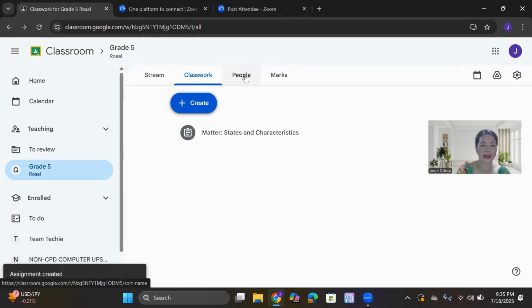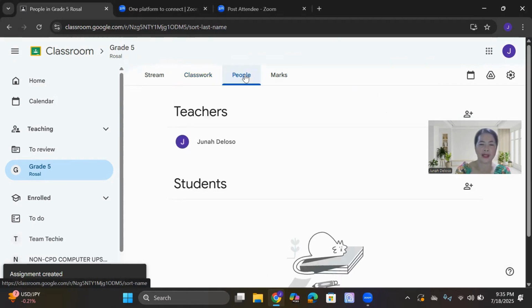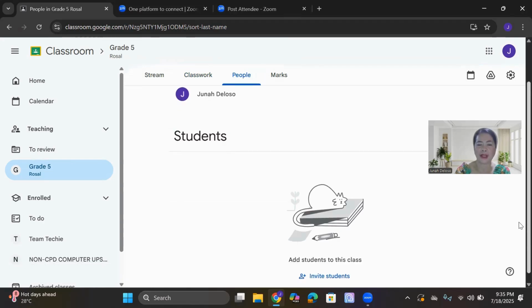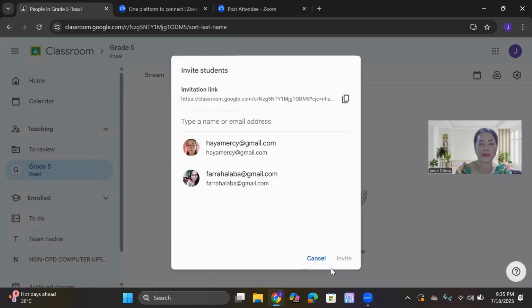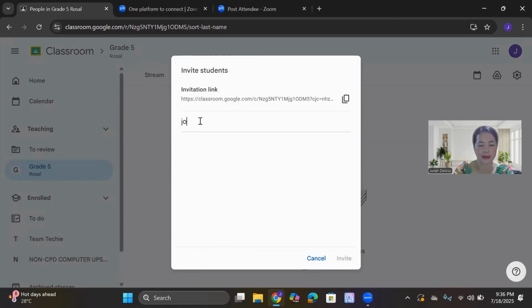In the People tab, let us invite the pupils by typing their Gmail.